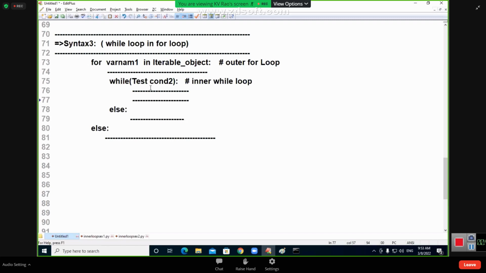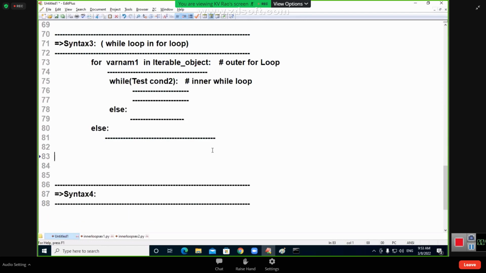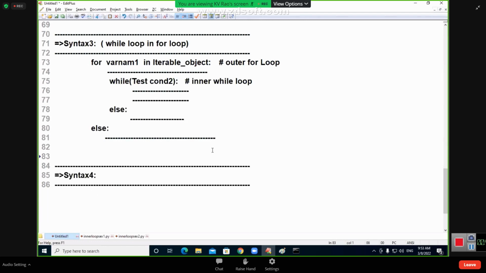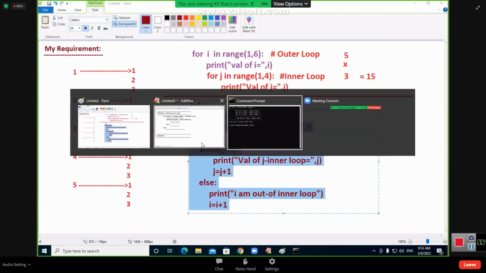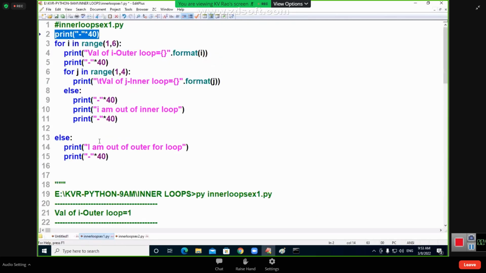Inner while loop. End of this, middle of it, and this is called out of it. Shall I show you the program on this? Syntax is clear first? Go to the program now. I will take this